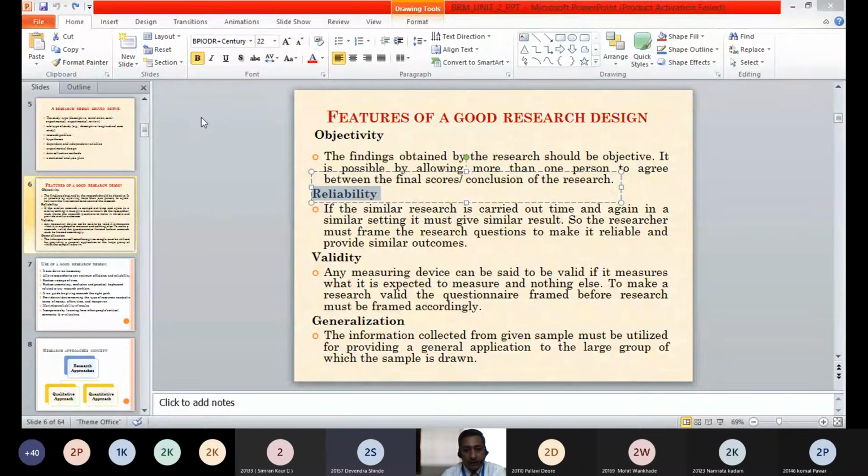Quality of being trustworthy, correct? Isn't it? That means the result is the same, correct. Very right, Komal and Devendra, both are right. So reliability means